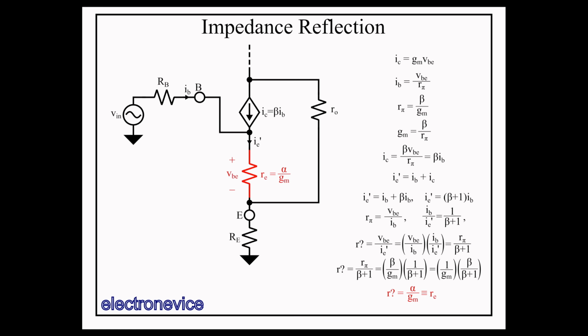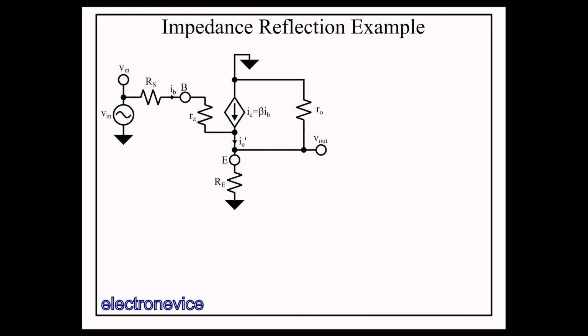As an example for how impedance reflection might be helpful to us, let's take a look at a circuit setup in emitter-follower configuration with a voltage source connected to the base through a source resistance, but is biased in such a way that any biasing resistors are large when compared with the source resistance or input resistance, which may occur for situations with high beta or with more exotic biasing circuitry. We also will connect the collector to a static voltage like we did earlier in this episode, and thus the collector is grounded in the AC model.